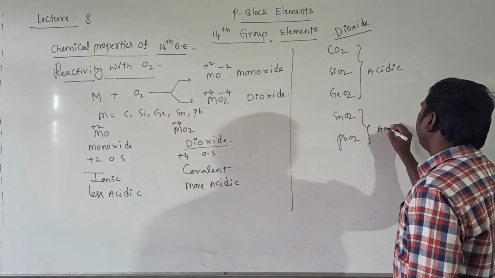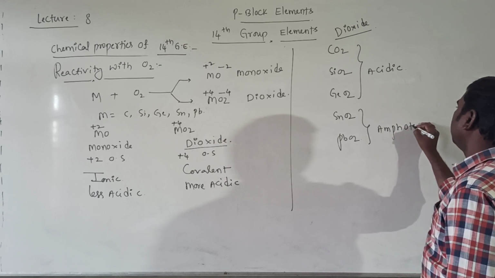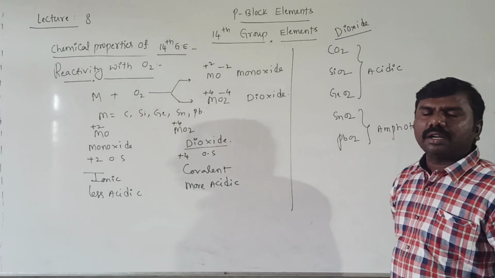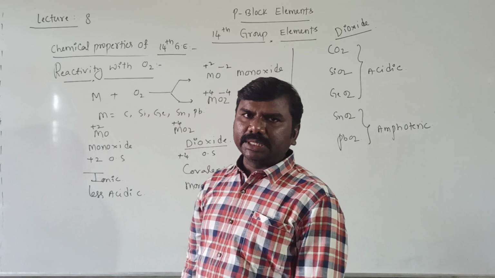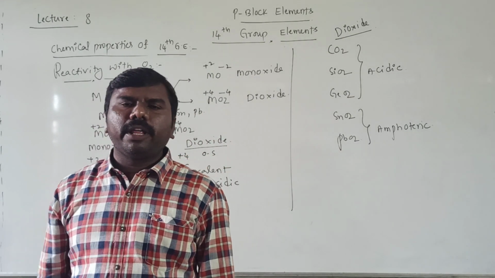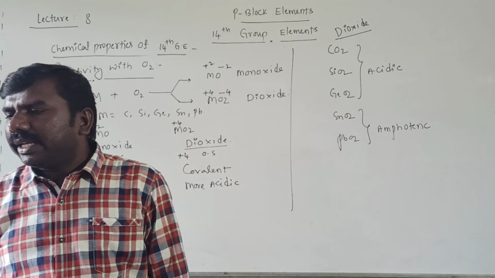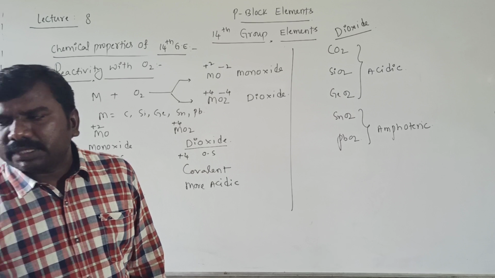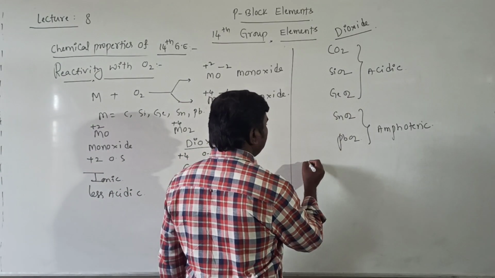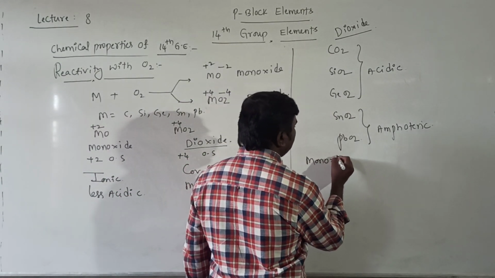These 2 are amphoteric in nature. Amphoteric means they can react with acid as well as base. That's why they are named amphoteric in nature. So next, neutral oxides, we will take monoxides,